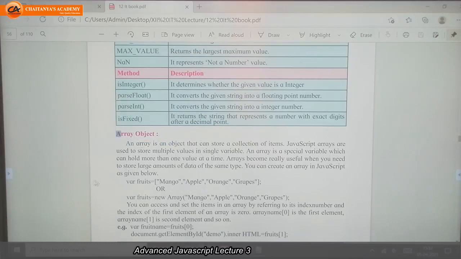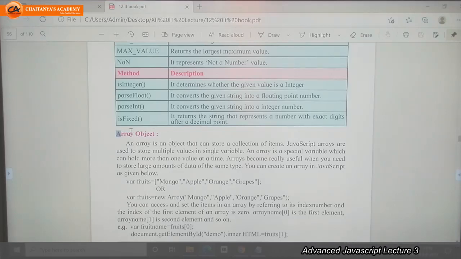What is an array? An array is an object which can store a collection of items, or multiple values. So if we want to store multiple values in a single variable, we can use an array.